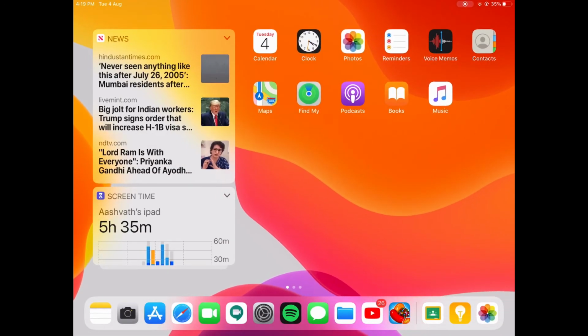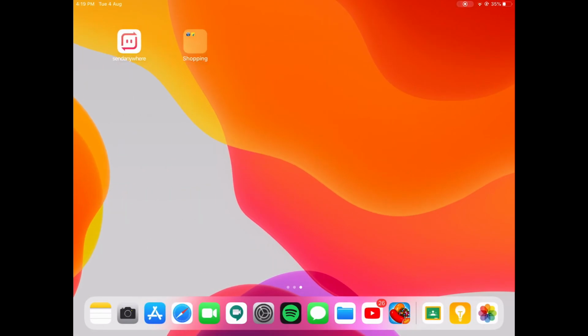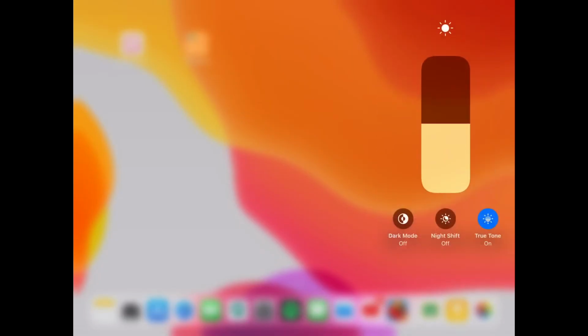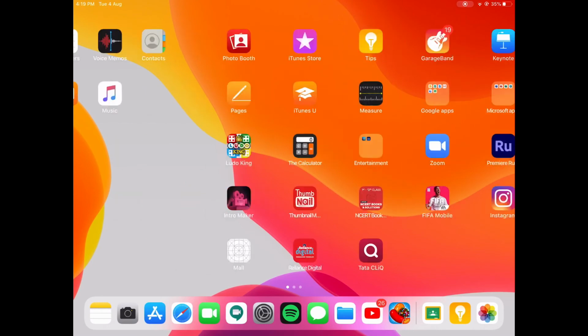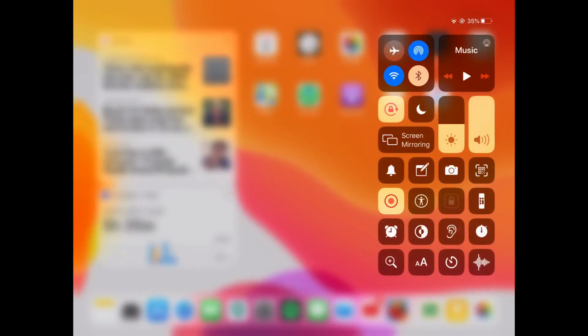So you can also turn on the night shift mode. Here I have turned on the night shift mode. This does not let your eyes strain. It protects your eyes basically, even if it is on 50% brightness. It will turn your screen yellow if night shift mode is on. If I turn this off, then the screen will not be yellow. And if I turn on this night shift, you can see the screen is very much yellow. So I like the night shift mode.